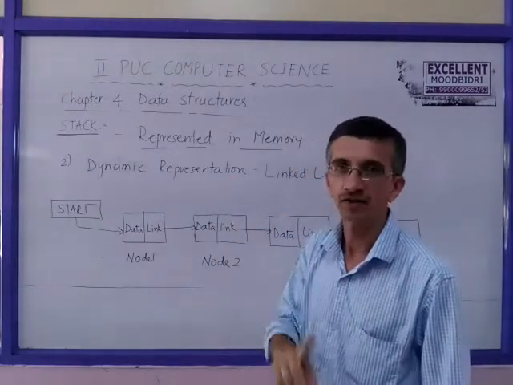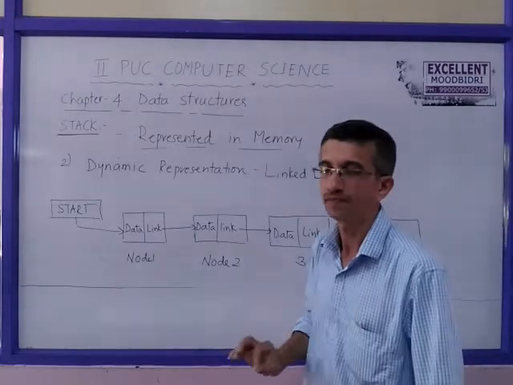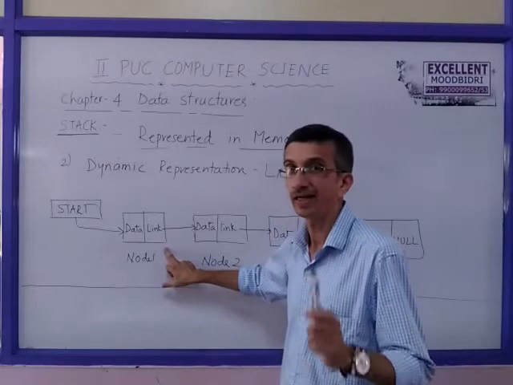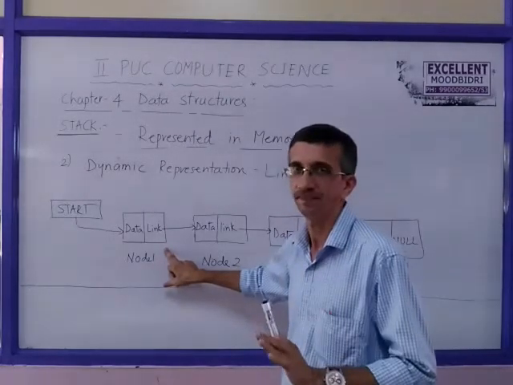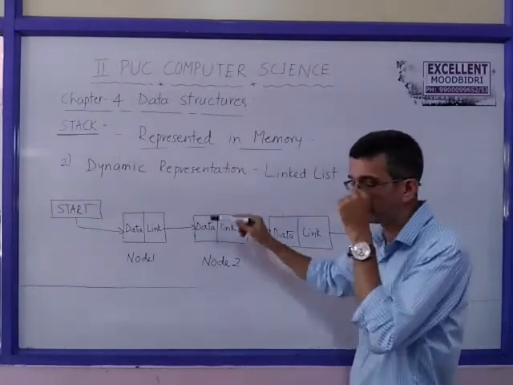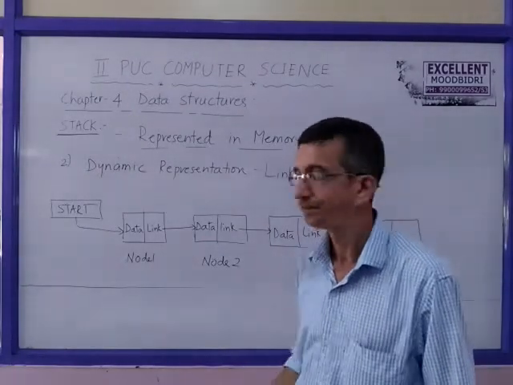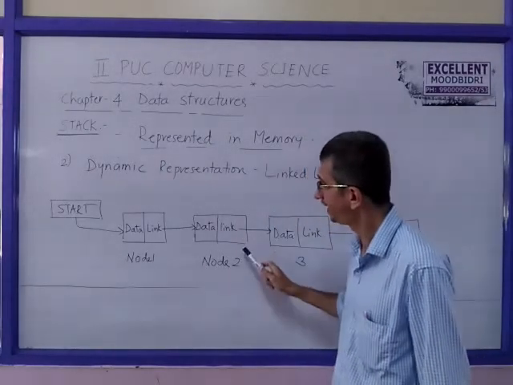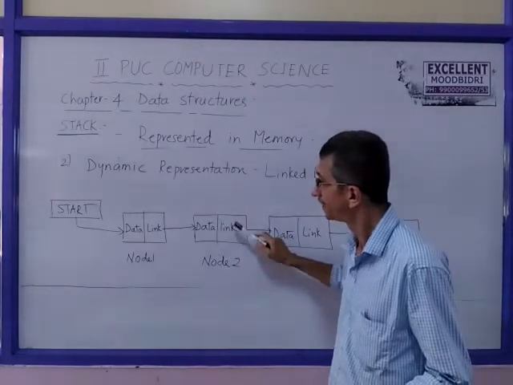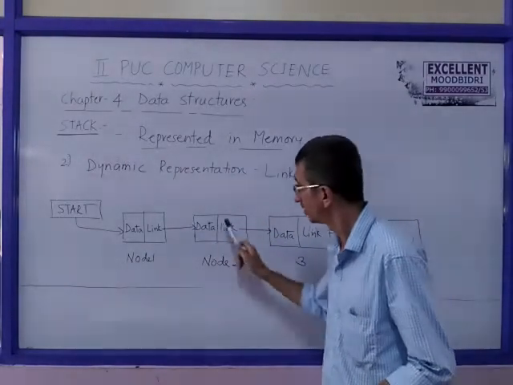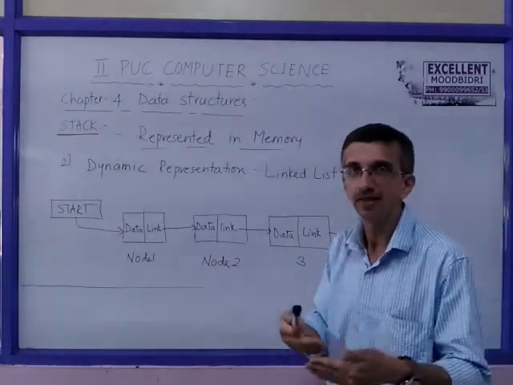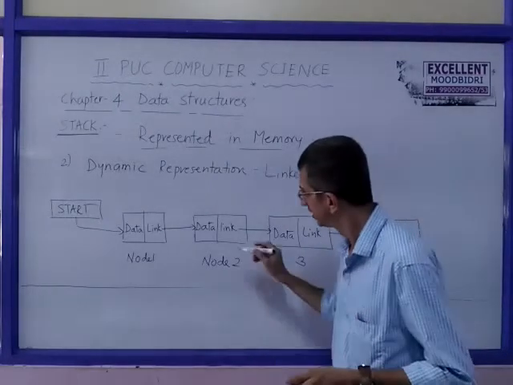You start creating the first node. Create a first node, put some data item into that, and the link field contains null. That is the only node there now. Correct. Create another node. How? Using dynamic memory. Create one more node, and you add the data component. The link field of the previous node should contain the address of the newly created node now. That is how you can link. So this is the new node now.